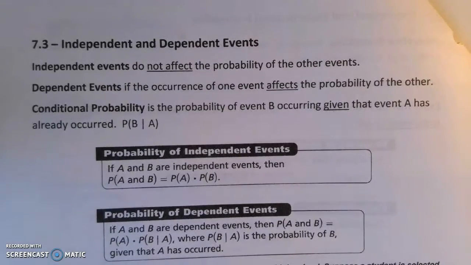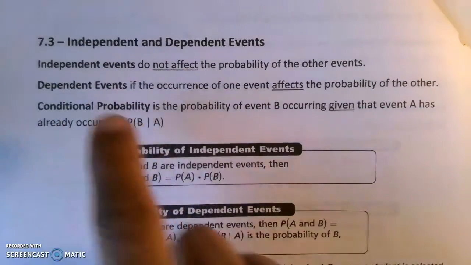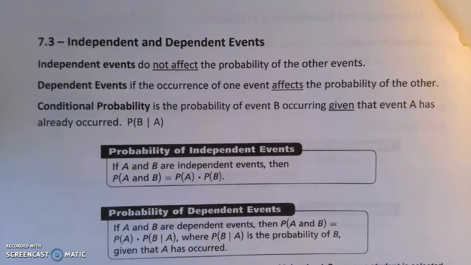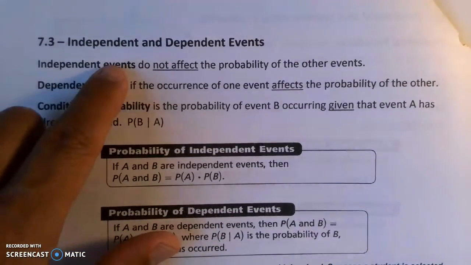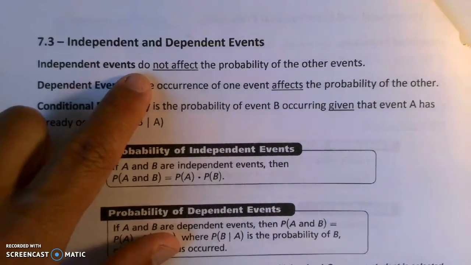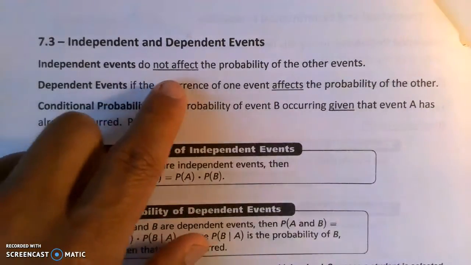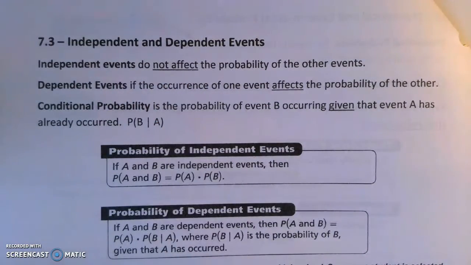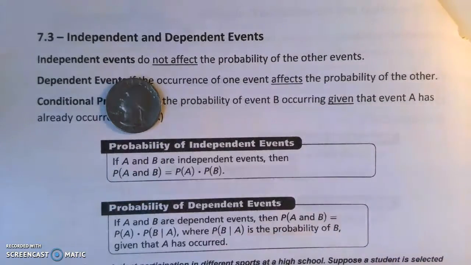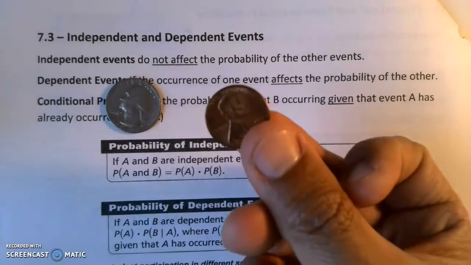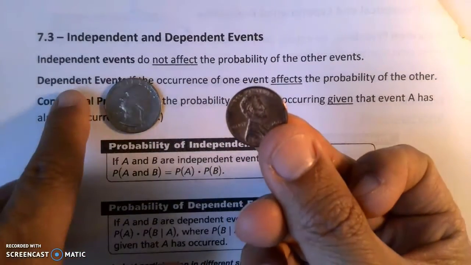Okay, we are moving on to probability 7-3. This is independent and dependent events. Independent events are two or more events that do not affect the probability of each other. So if I say, what's the probability of getting heads on this quarter, well, this penny is totally independent of this